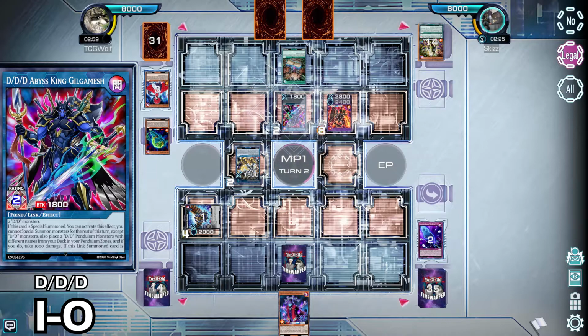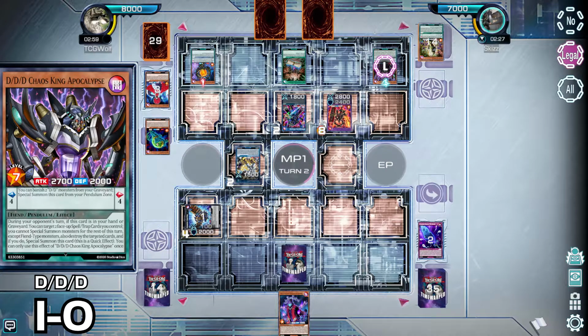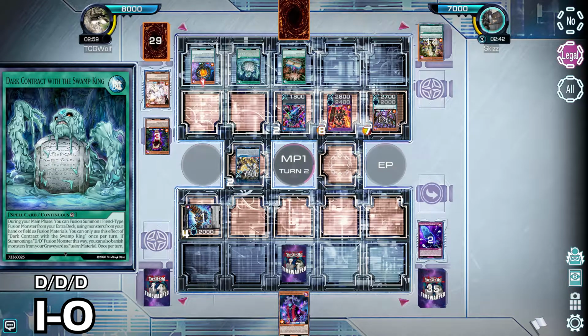Here is Gilgamesh. DDD Abyss King. And here is how they search their scales, for free. Thank you, Gilgamesh. This is going to get King Apocalypse out, so you banish 2 and special summon it from the Pendulum Zone, and you just extend like there's no tomorrow. He also got Swamp King off of that, which is...